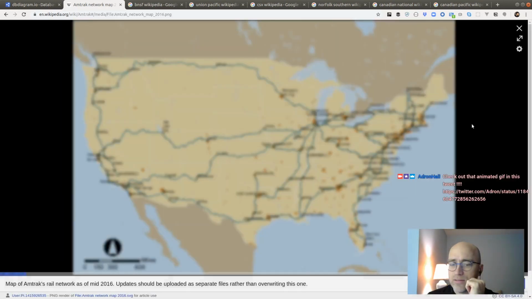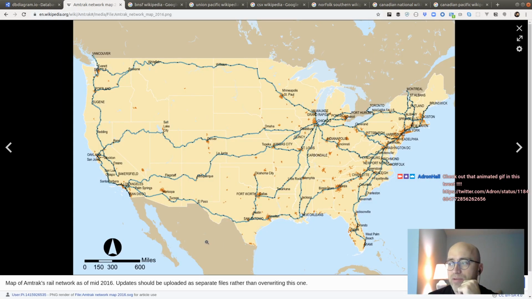It's all over the U.S. As you can see here, this is the map of the operational trackage of Amtrak. They are the entity that was formed to run passenger railroads all over the United States, and as you can see, it goes into Canada a little bit in Vancouver, Toronto, and up to Montreal. Oh, and Port Huron, Niagara Falls, those places too. I actually haven't been on that little stretch, or these bits, or this bit north of Boston. But I have been on every single one of these tracks.